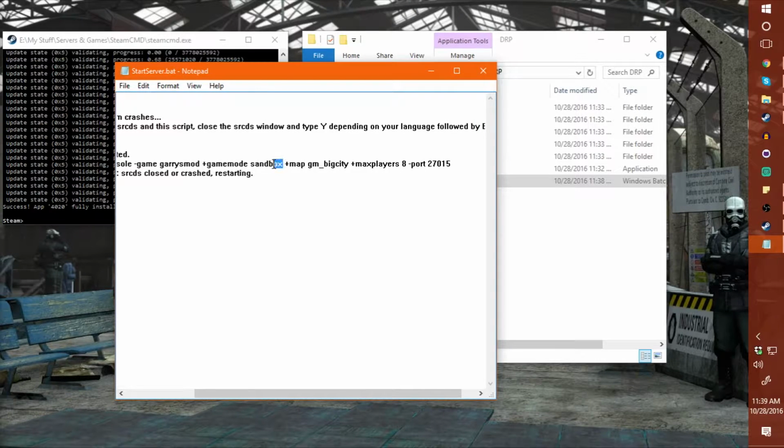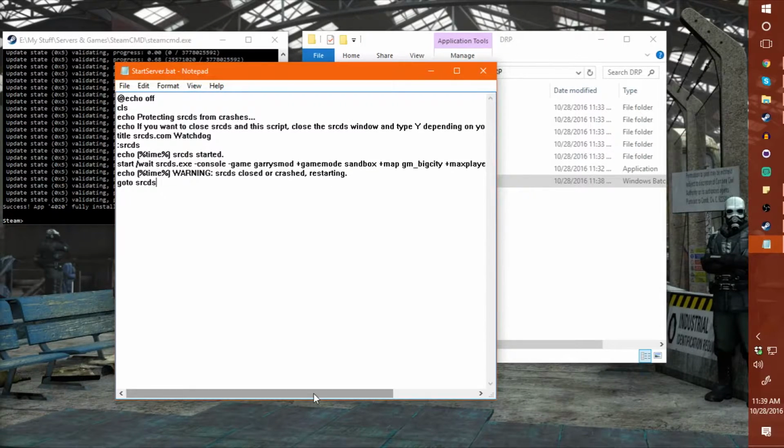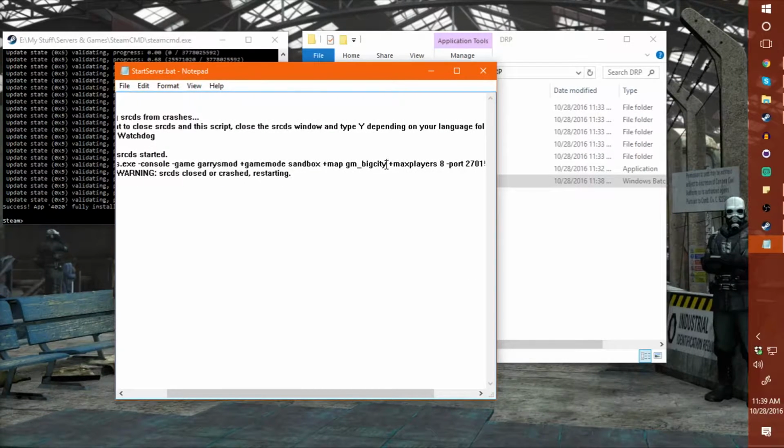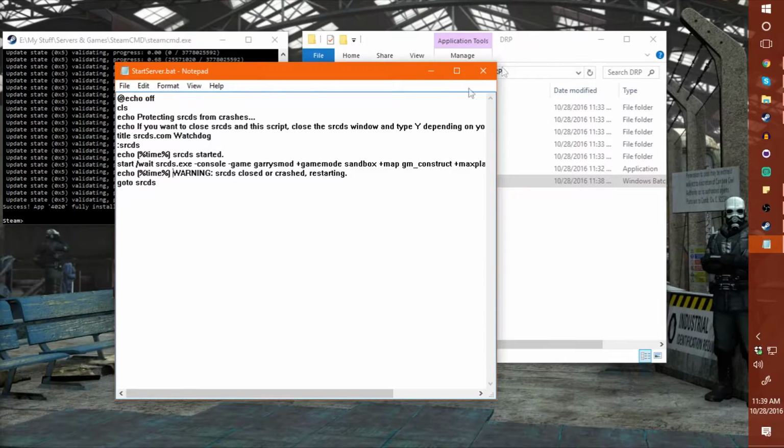I'm going to keep this way for now, but I am going to make a dark roleplay server. It's going to be Construct for now. And make the max players 24. So now once that's done,